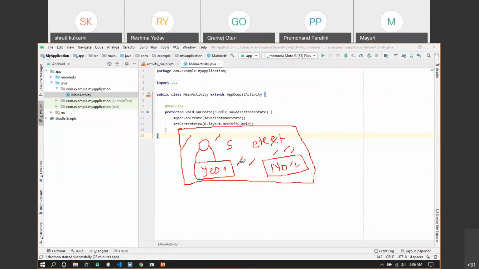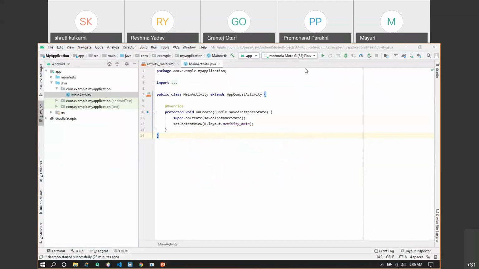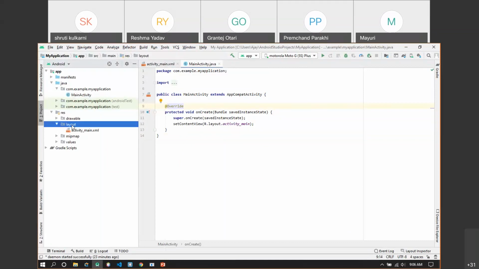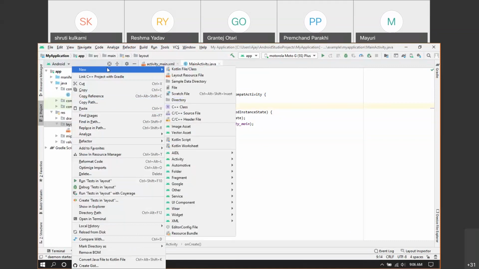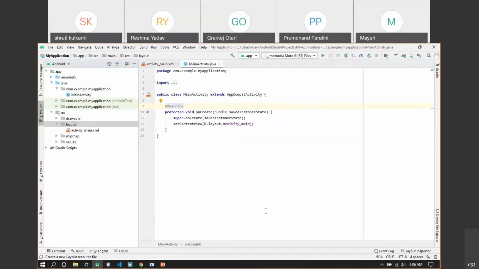So let me erase this and we'll come back to our Android Studio IDE. Since we want to create our own design, we have to define it inside the layout.xml. So let's see how we can do that. We'll go into the layout, click on new, and choose the layout resource file.